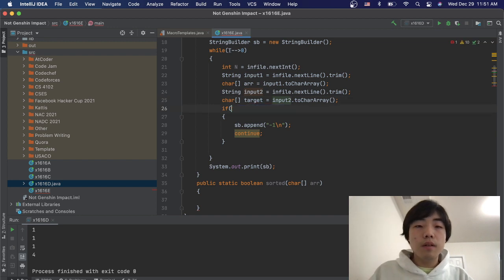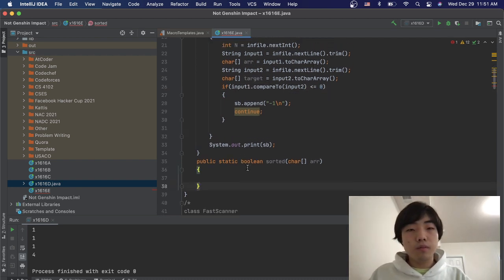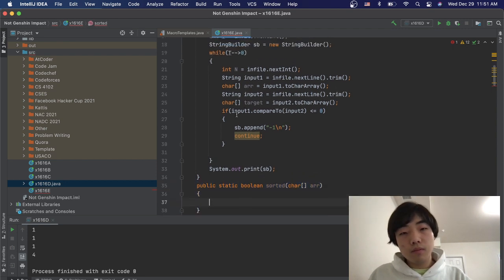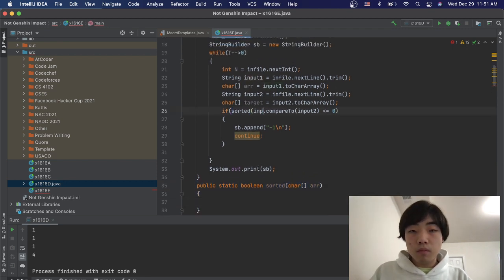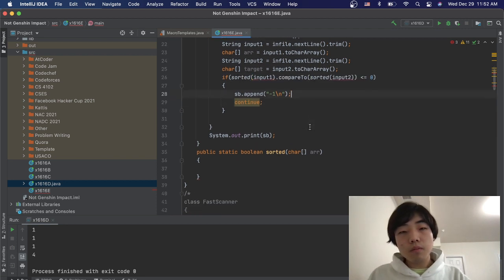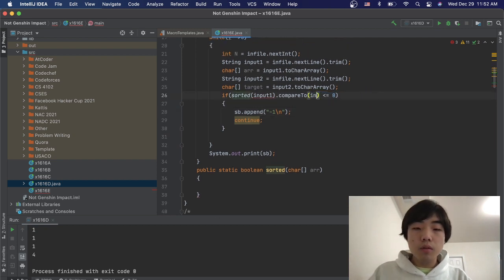And so if input 1 compared to input 2 is less than or equal to 0, or if the sorted versions are, yeah, so like if input 2,